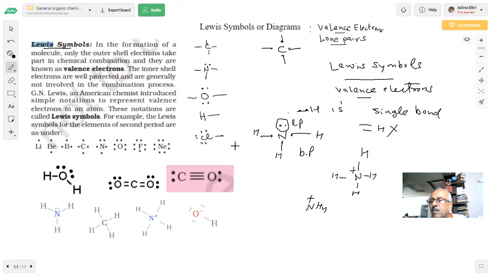Where is the charge on the nitrogen? Because nitrogen is giving its electron pair, it becomes the ammonium ion. In ammonia, there are only 3 bonds, but there is a lone pair of electrons on the nitrogen. Students, it's forming 3 bonds. Maximum it can form 4 bonds. When it shows 4 bonds, there will be a positive charge on the nitrogen. Got it?